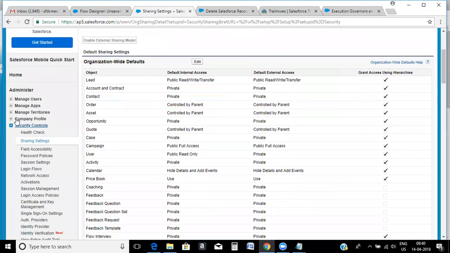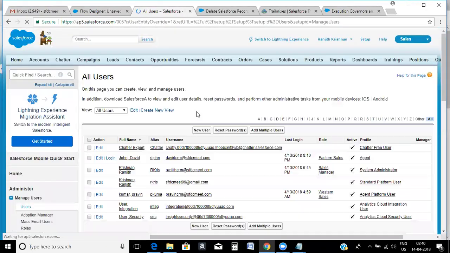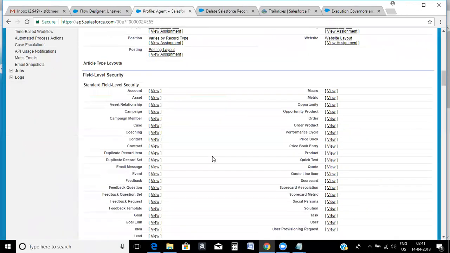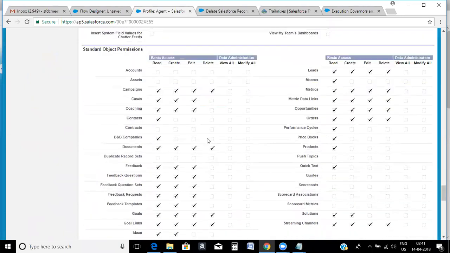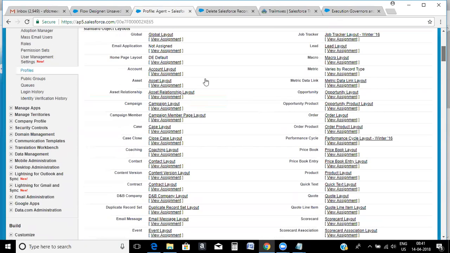Okay, so why? What's the reason why David is unable to see the account tab at all? So go to his agent profile and check the object permission of account. So first thing I'm going to check. Okay, none of the permission is given, right? So go and enable,